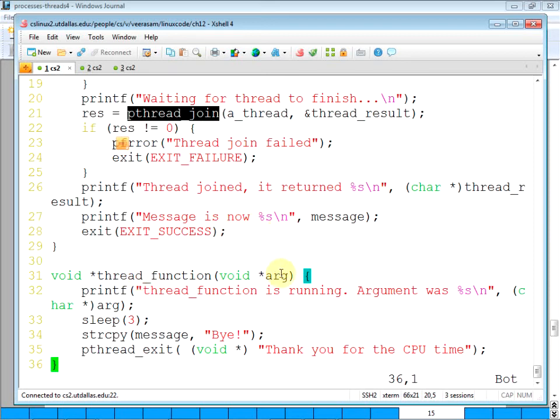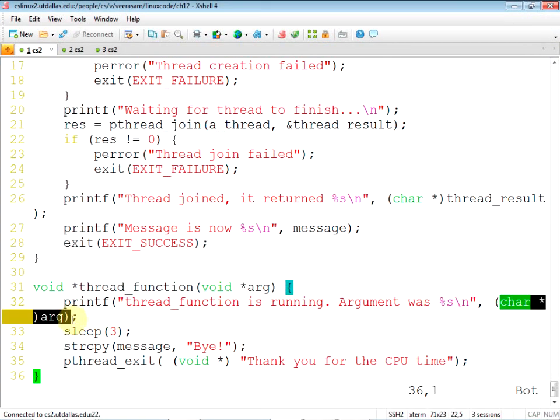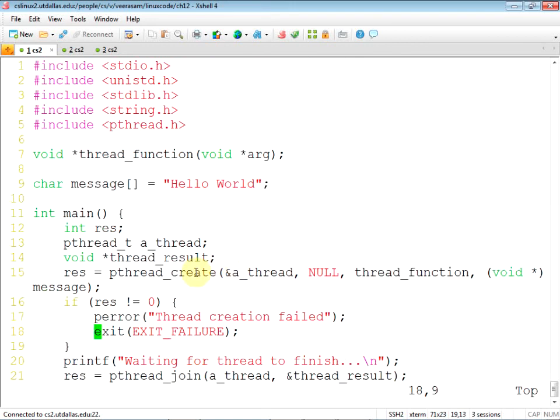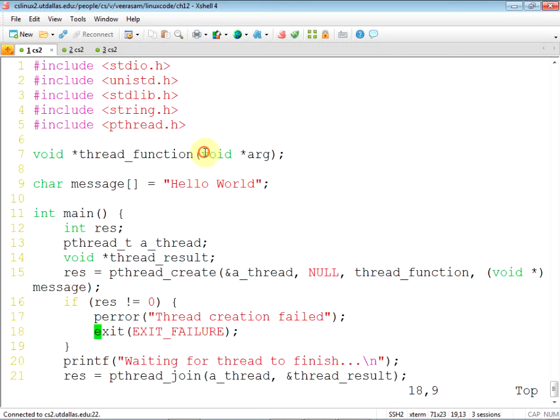You can see the void star. The idea is that you get a pointer, then you can typecast it to whatever you want. Void star is what is required by pthread_create, because this is a function pointer. See right here, this thread function takes a pointer and returns a pointer.